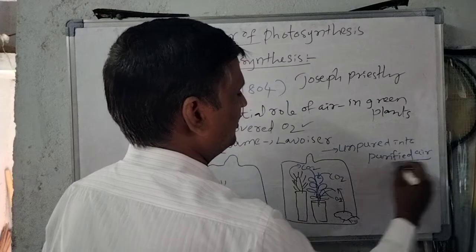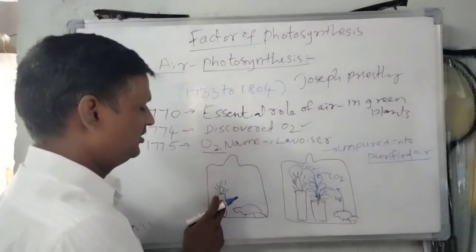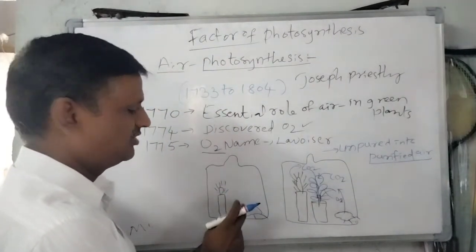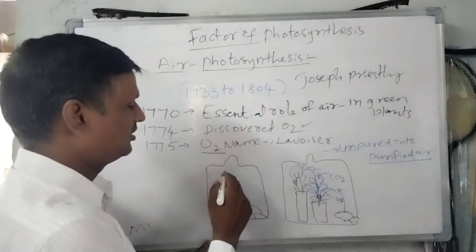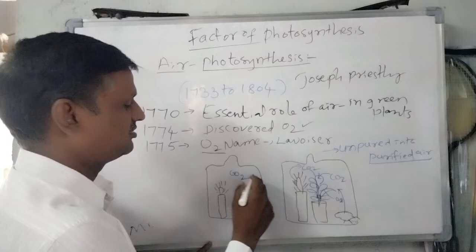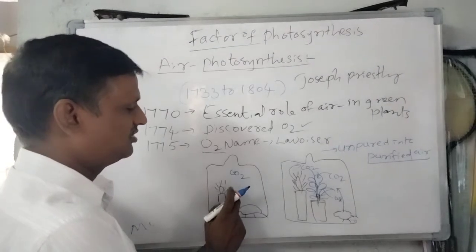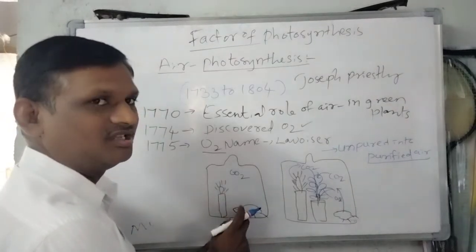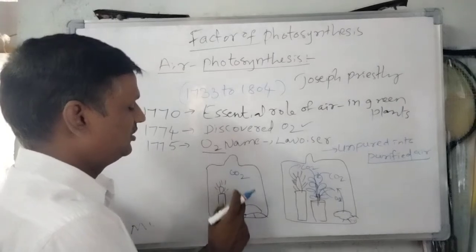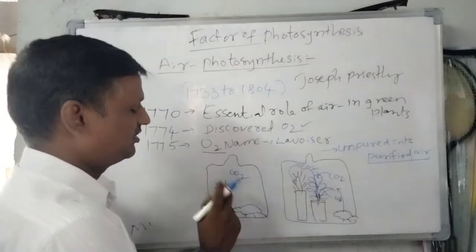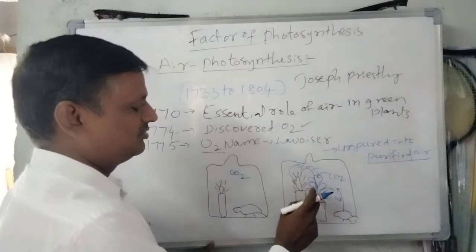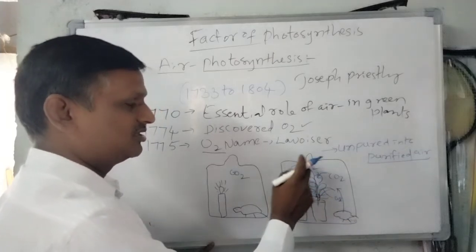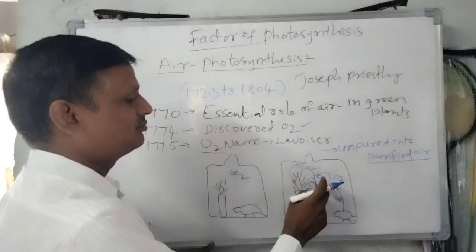We can understand that when the candle is burning and the rat is alive, both damage oxygen and carbon dioxide concentration increases. When carbon dioxide increases and oxygen decreases, the candle goes out and the rat is suffocated. But when the plant is introduced, carbon dioxide is taken by the plant,